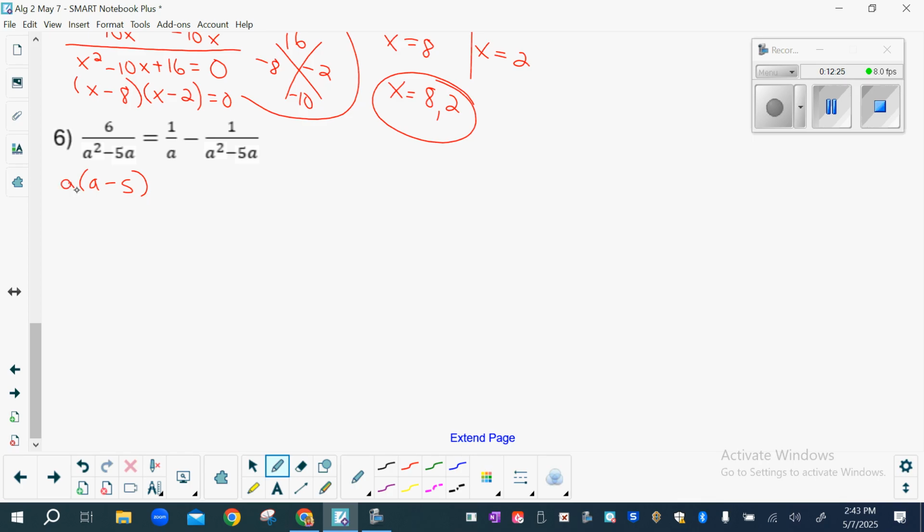A. Good. A times a minus 5. So then this one's good, this one's good. We need to multiply top and bottom of this one by a minus 5. Okay, so I'm going to stop there so that you can have more time to work on your